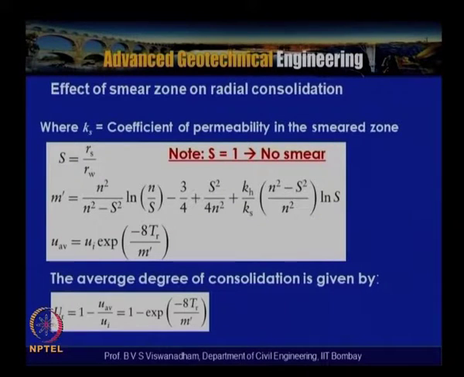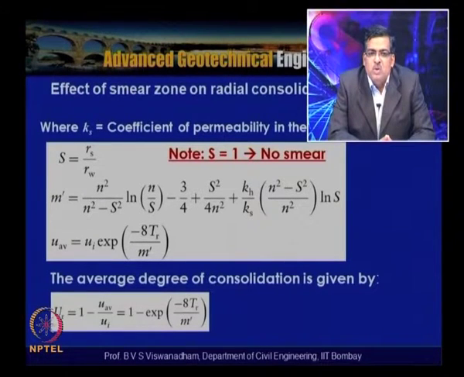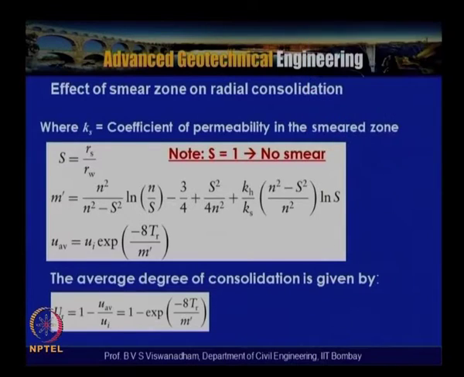Now, where Ks is the coefficient of consolidation in the smear zone, and where s is equal to Rs by Rw, Rs is the radial distance from the center of the well to the farthest zone of the smear zone, and m dash is given by n square by n square minus s square natural logarithm of n by s minus 3 by 4 plus s square by 4n square plus kh by ks into n square minus s square by n square into natural logarithm of s. For s is equal to